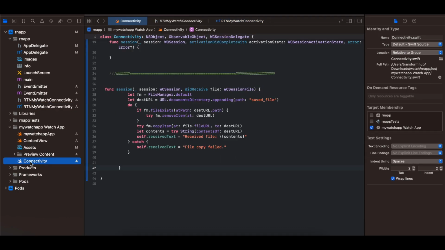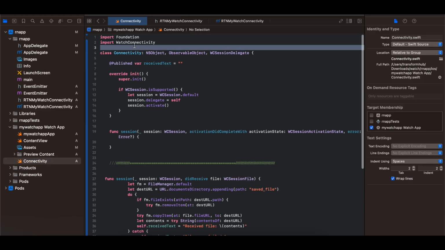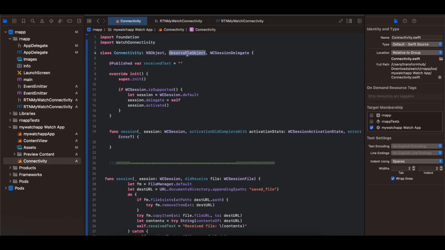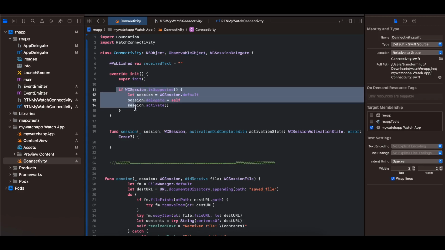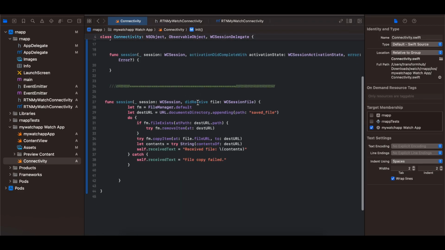First I have created this connectivity file to receive the data. I have imported WatchConnectivity, and here as you can see I'm extending NSObject, ObservableObject, as well as WCSessionDelegate. Then I have created a @Published receivedText variable as well, which will get all the content present inside your file. And here I am initializing our WCSession, and once we receive a file, we are checking for this particular file name called saved file. If it already exists, then remove it. If not, then copy it to our destination URL,